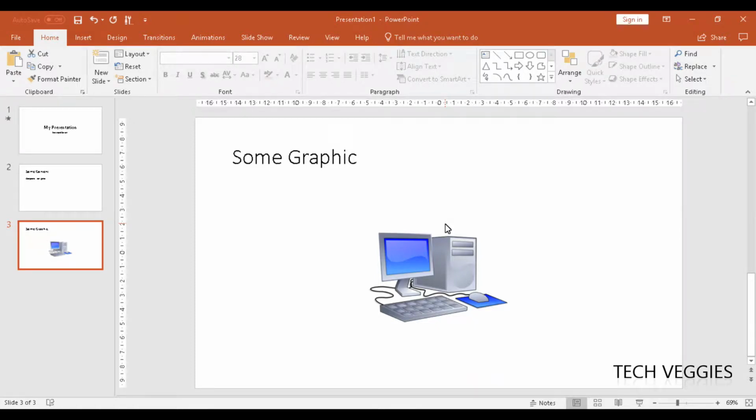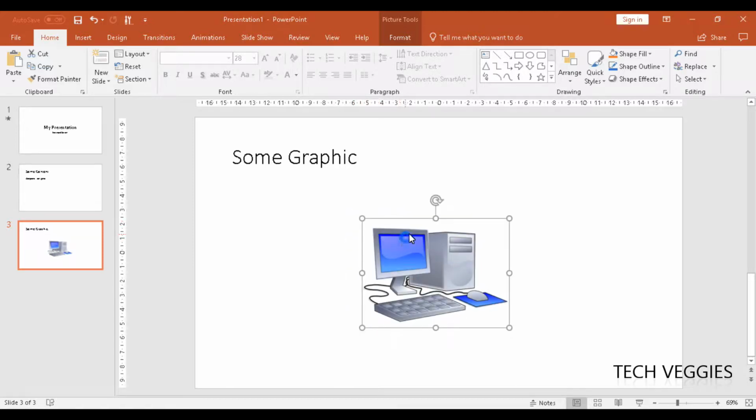Hi, in this video we'll be looking at how to work with graphics in Microsoft PowerPoint. Alright, so in our previous video we just gave a basic introduction to PowerPoint and want to show you how to work with graphics here. So if you have any graphic that you insert, you would realize that you have sizing